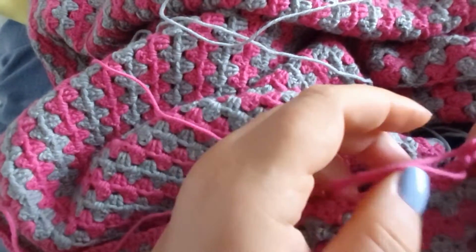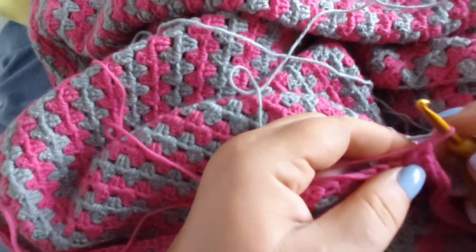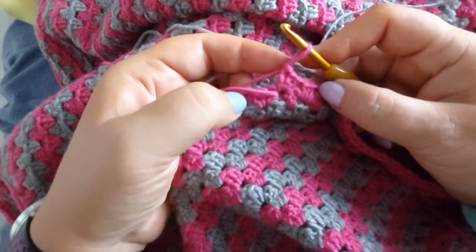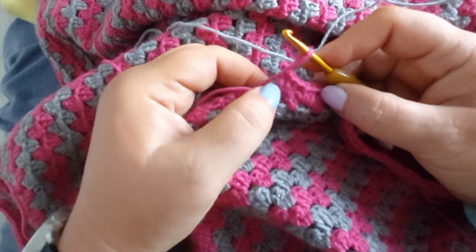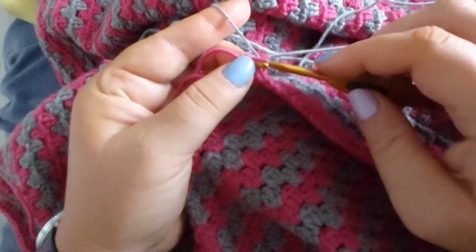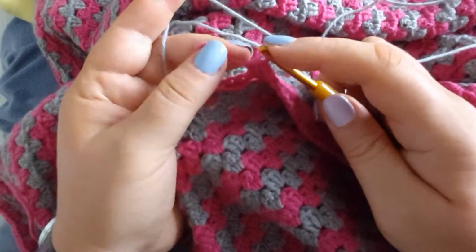So let's imagine I'm going to change. Let's imagine that's running out, and just to make it easier to see what I'm doing, I'm actually going to do a grey yarn. So I've done my group of 3 trebles, and I want to go straight in and do the next group of trebles. There aren't any single stitches in between. So if you were just doing a chain stitch, you could just take your new color and do a chain stitch. But because I haven't got any chain stitches in between, what I'm going to do is I'm actually going to undo that last